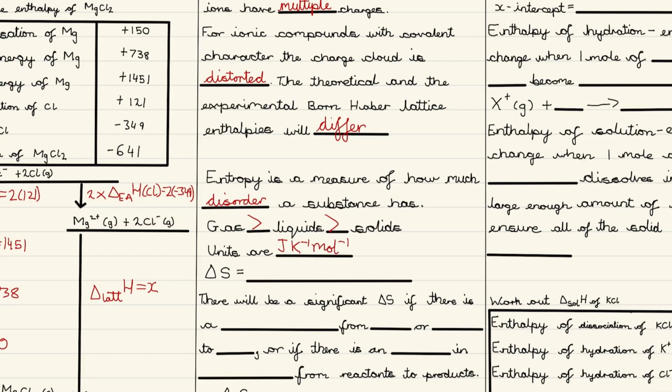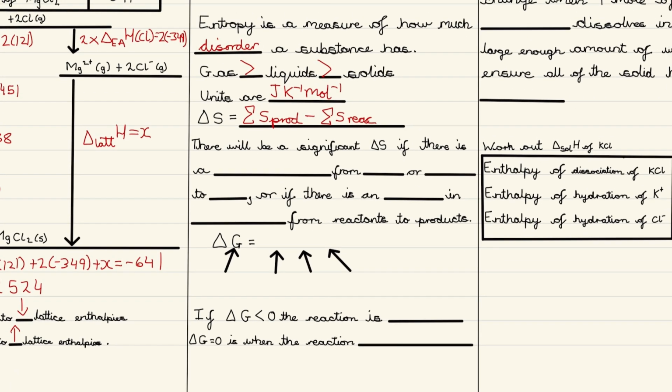The formula for entropy change is the sum of the entropy of the products minus the sum of the entropy for the reactants. There will be a significant entropy change if there's a change of states from solids or liquids to gas, or if there is an increase in the number of moles